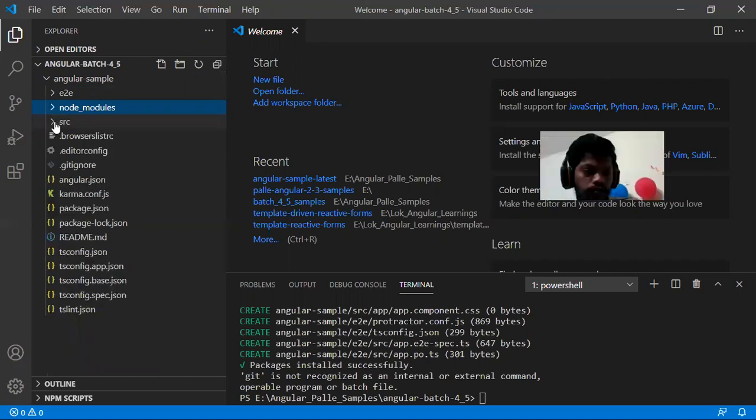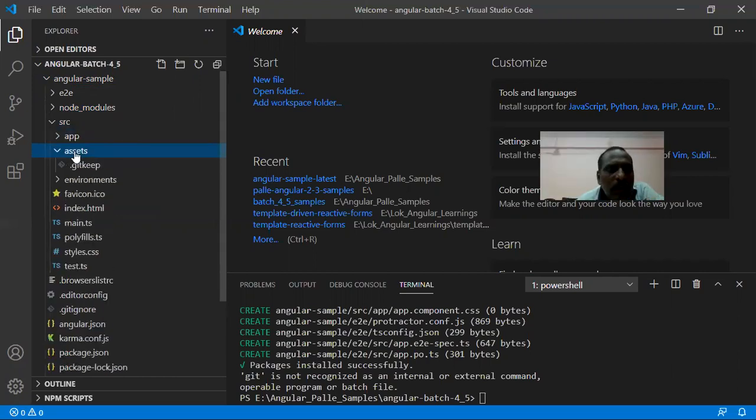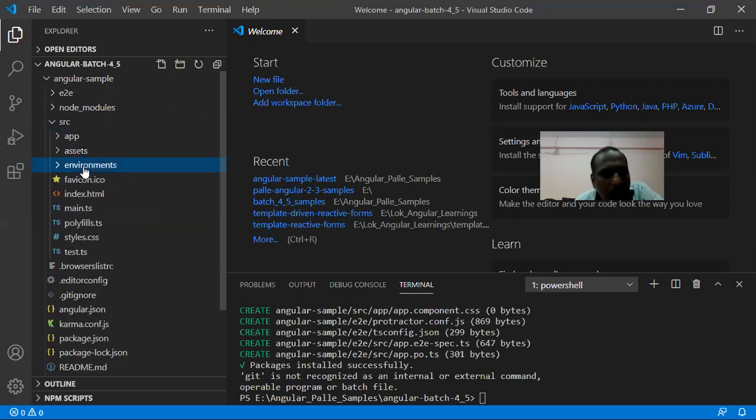Then the SRC folder. In the SRC folder, you can see the app folder, then the assets folder, and then the environments folder. Observation is important.